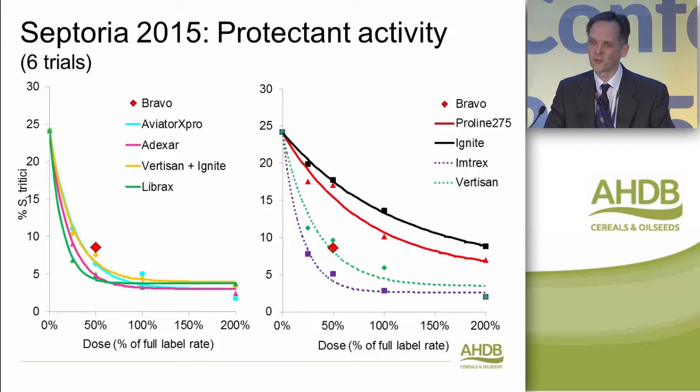Librax is metconazole plus floxaperoxide. Basically, it's a Dexar using metconazole instead of epoxy. Metconazole we would naturally see as probably third in the list of azoles with activity on Septoria. I know they see it slightly differently in Ireland, but that's still where we see it in the UK. So it's perhaps slightly surprising that Librax matches up to a Dexar and actually looks to be showing very similar activity to it, given that it's using a lesser azole.